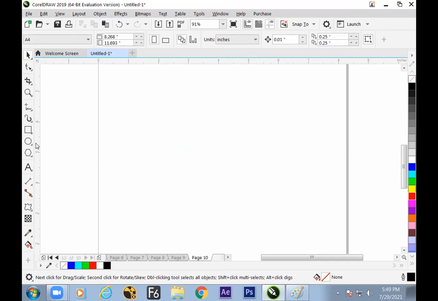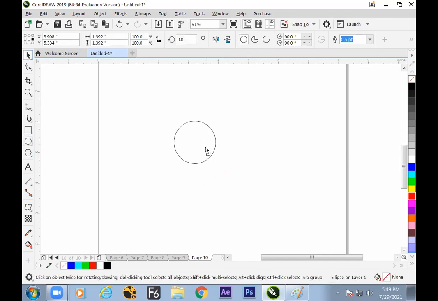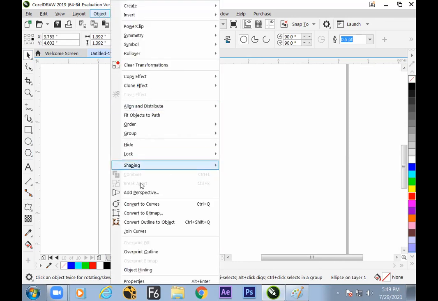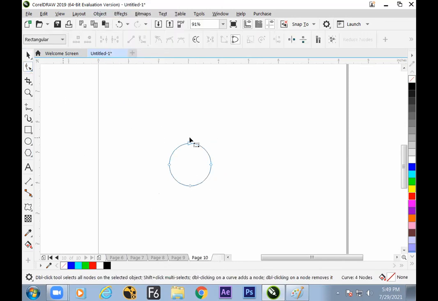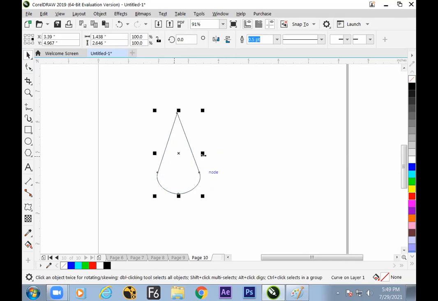Next example. Let us take the ellipse and convert this into a leaf structure. How to make it? Convert to curve, object, select, get it to the top, and make it sharp. You know how to make it sharp. I'm just dragging randomly with the preset option.